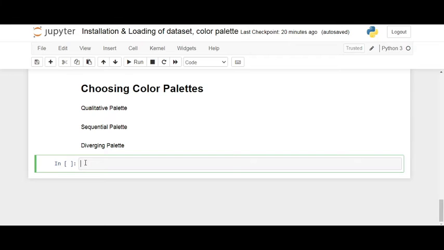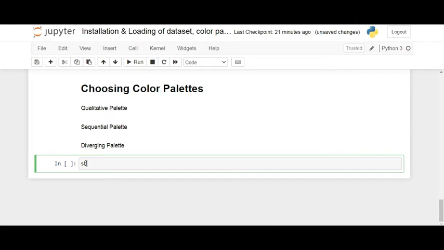The first one, we will start with these qualitative palettes, which are well suited for representing categorical data because most of their variation is in the hue component. So the default color palette in Seaborn is a qualitative palette with different hues. So let's start with this one.